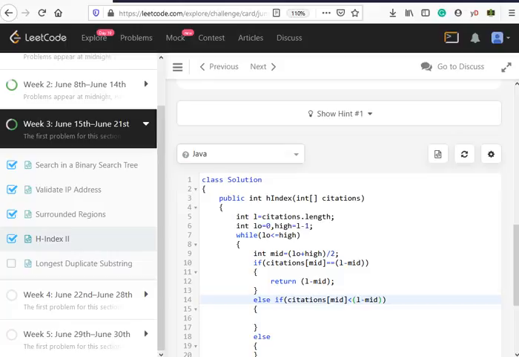Basically, we won't be looking in the upper part, right?